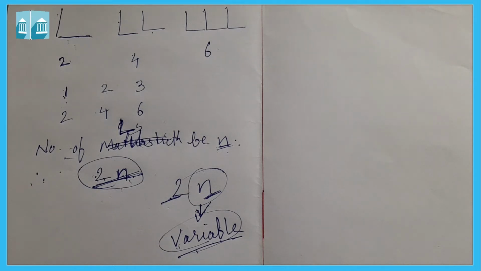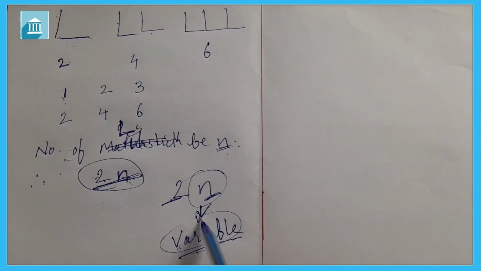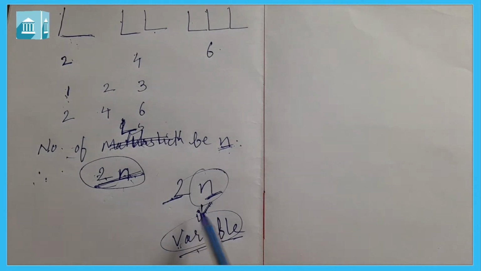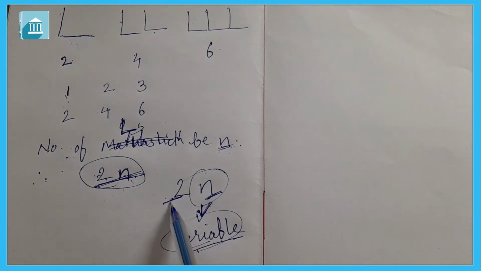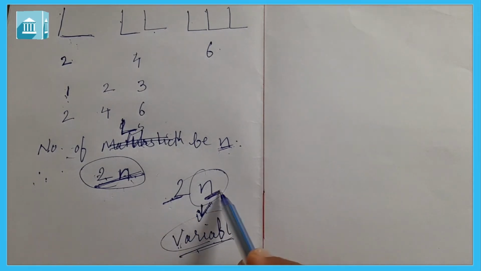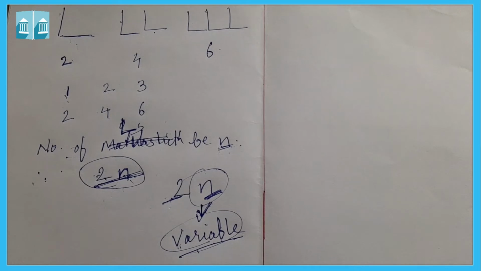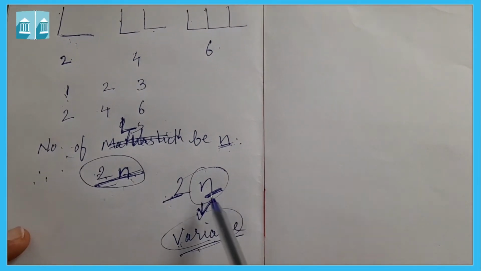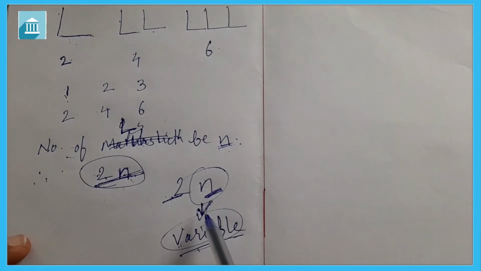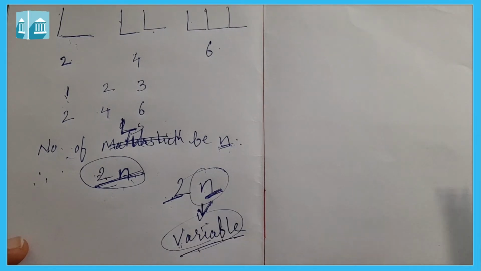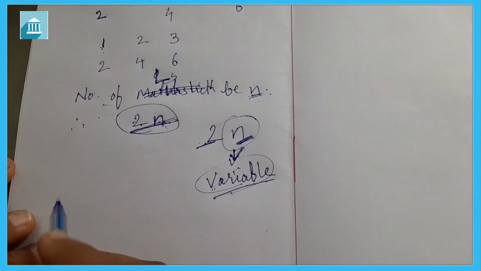So whenever we write a rule, we use numerics and alphabets. In this way, we cannot say that n has a fixed value. Again, I am repeating, a variable does not have a fixed value. It can take any value, 1, 2, 3, 10, 50, 100, any value it can take. In the same way, for a variable, you can take any variable.